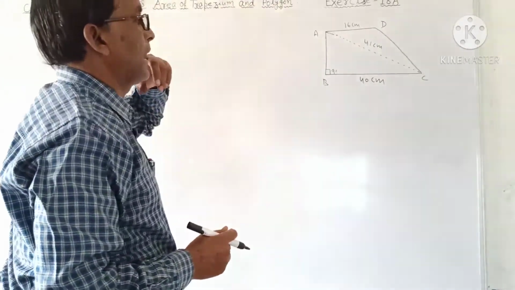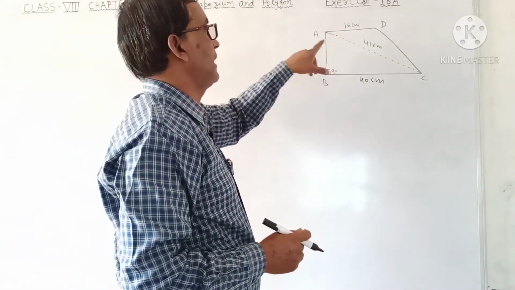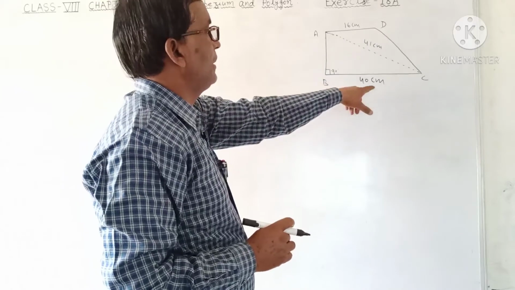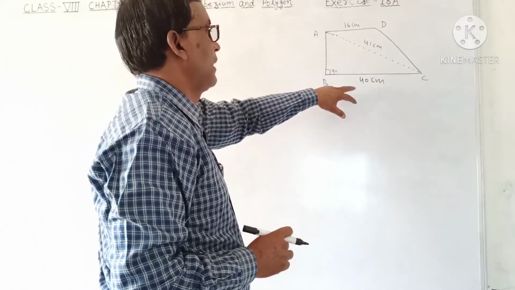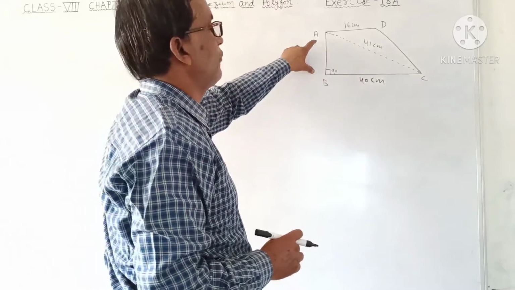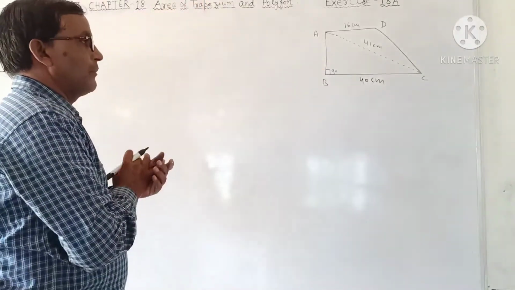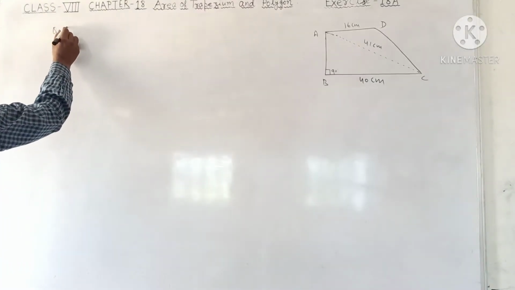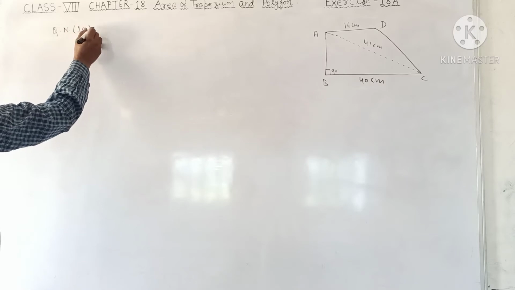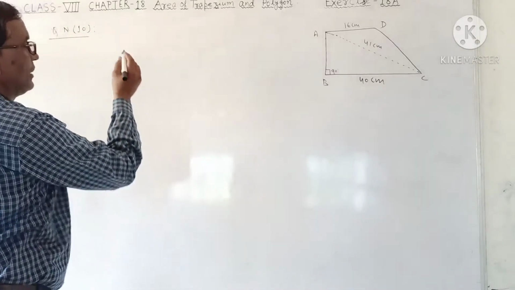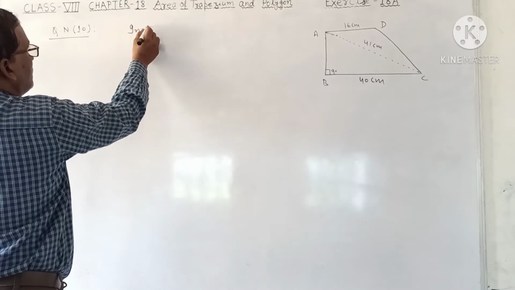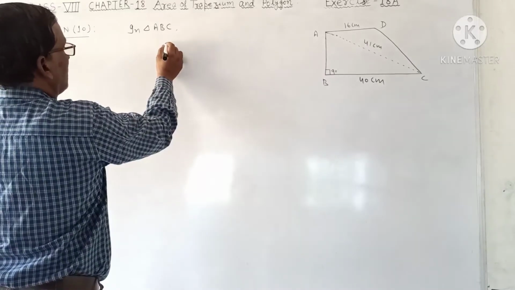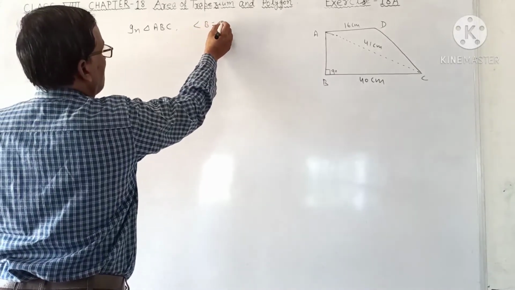हमें डिस्टेंस नहीं दिया गया, हमें पैरेलल साइड दिया गया, ए दिया गया है, बी दिया गया, लेकिन डिस्टेंस नहीं दिया गया है. तो डिस्टेंस कैसे हम लोग निकालेंगे? In this triangle ABC, AC is hypotenuse and BC is base. Then we have to find perpendicular of this triangle by applying Pythagoras theorem. Question number 10. By applying Pythagoras theorem in triangle ABC, angle B equal to 90 degree.